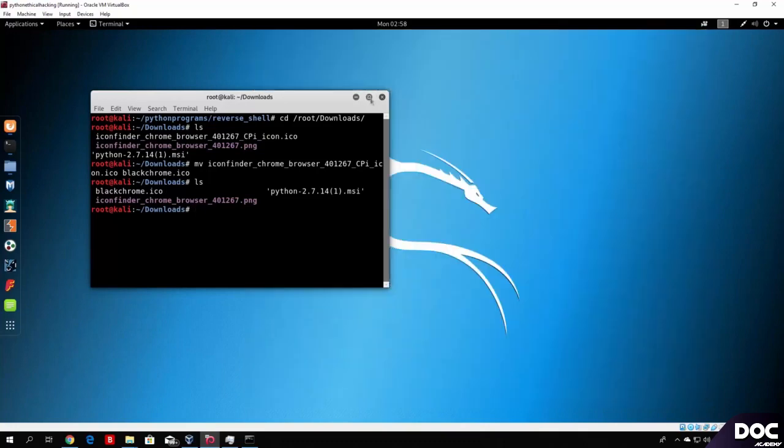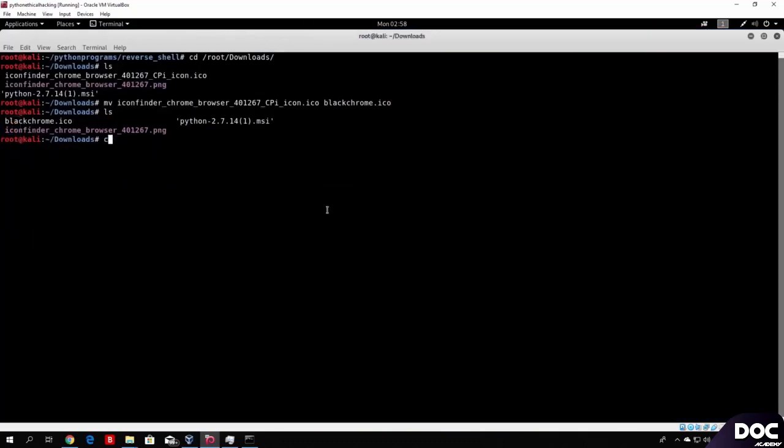And now let's see if we can actually compile with this. So we can go to our root, Python, programs, reverse shell, and let's compile our program and make it have an actual icon. So we use the same thing as before, wine, drive C, then Python 27, then scripts, then